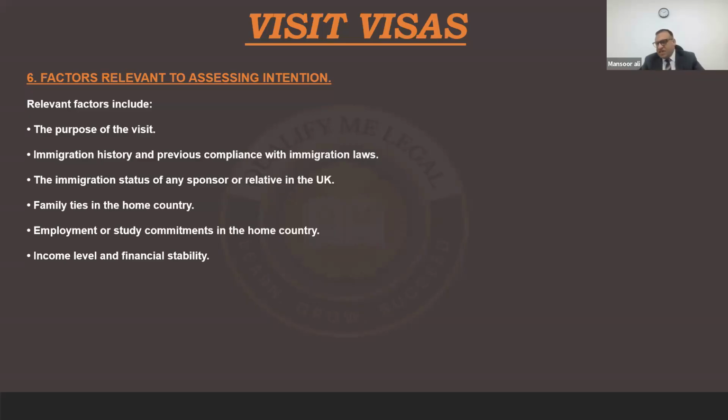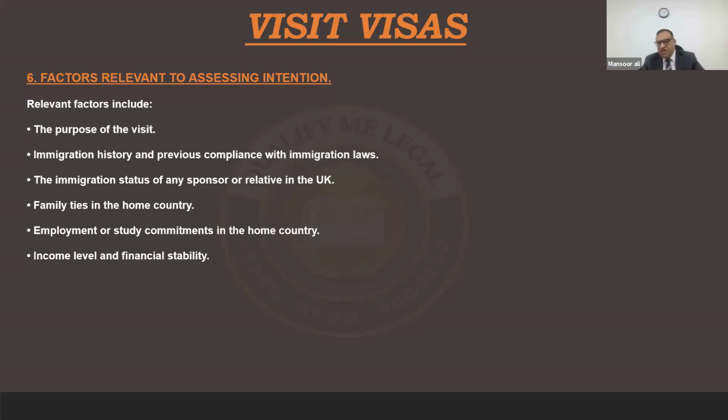Then apart from these additional requirements, you need to provide proof that your client is going to come for the purpose of giving the PLAB exam in the UK. And the purpose will obviously not be standard visitor visa; rather, he's going to come for the purpose, as I told you, of giving the exam, which is called the PLAB exam. So these are the whole things which you need to provide in order to apply for your visit visa.